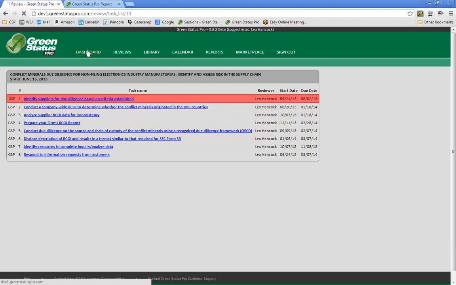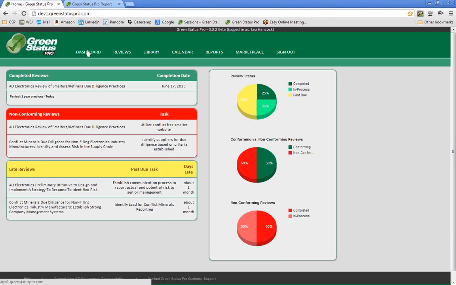content. In talking about managing the process, obviously the managers want to know what's going on at any point in time, and so they start with knowing which reviews have been completed, but most importantly for them, what tasks are in non-conformance, which ones are past due. They have instantaneous knowledge of what is occurring in the system, as well as over here to know how the program's